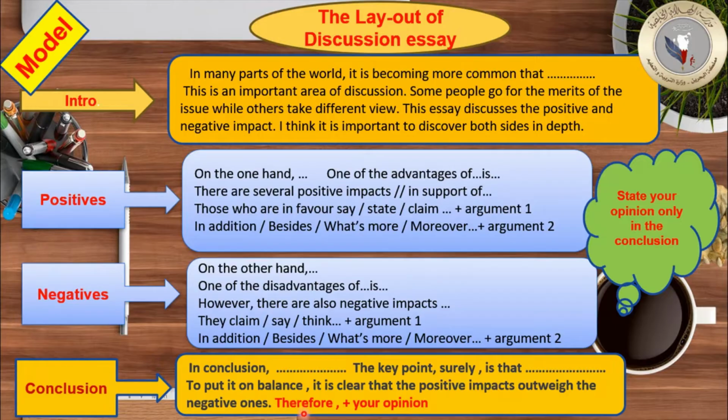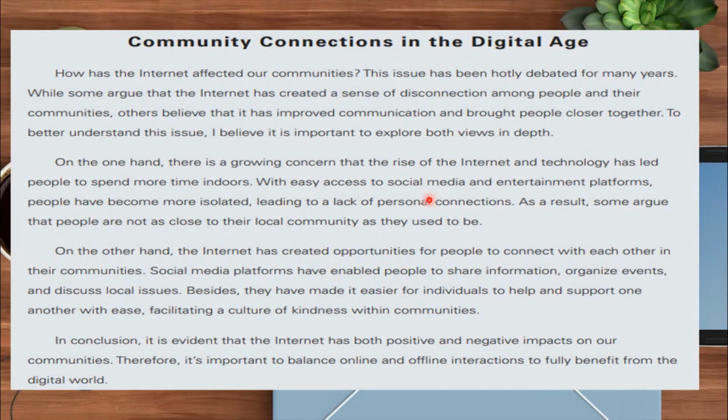Then don't forget to mention your own opinion. Therefore, you have to mention your own opinion at the end of the essay, as shown here. Again and again, I remind you to state your own opinion at the end of the essay in the conclusion here. I mean by opinion, to state or clarify which team you are. In which team you are. Are you standing for or against? Okay? Now, let's go on to the model of the book,